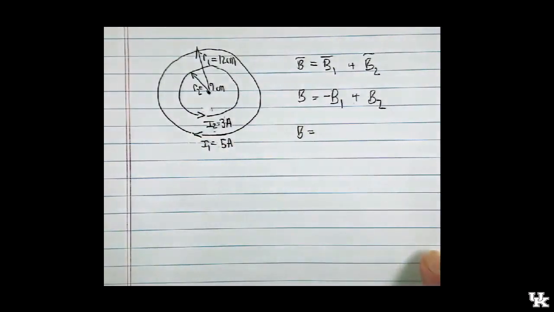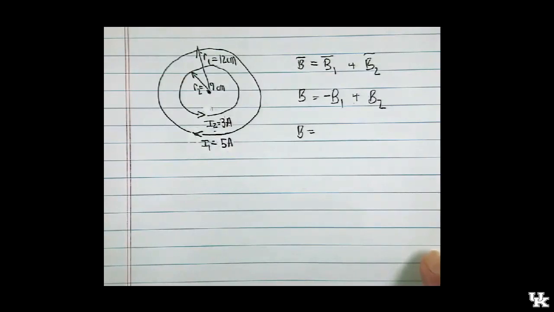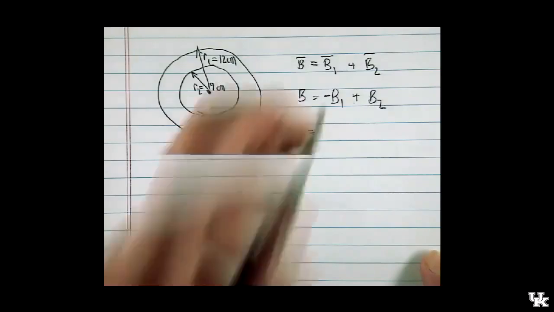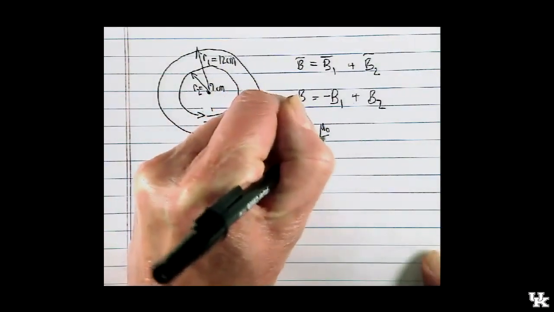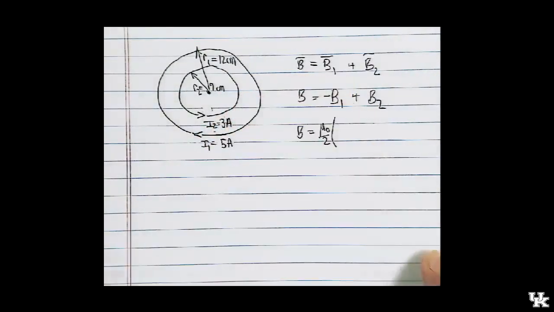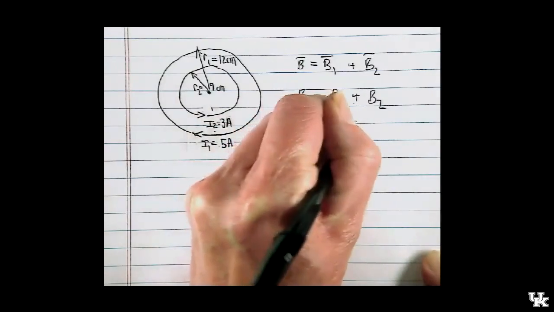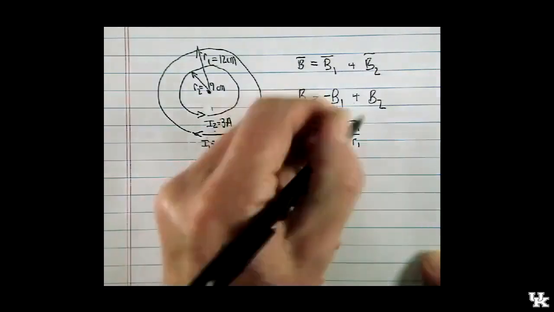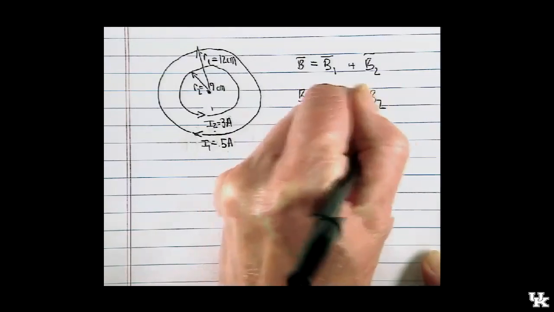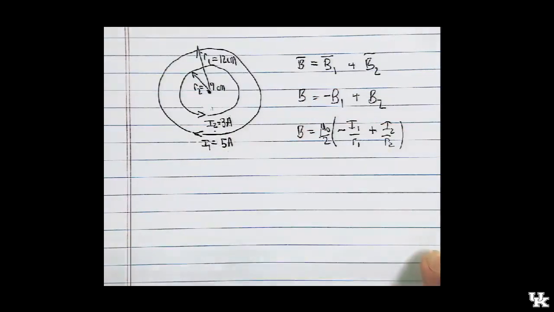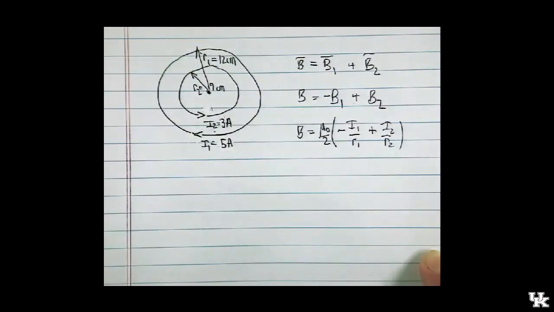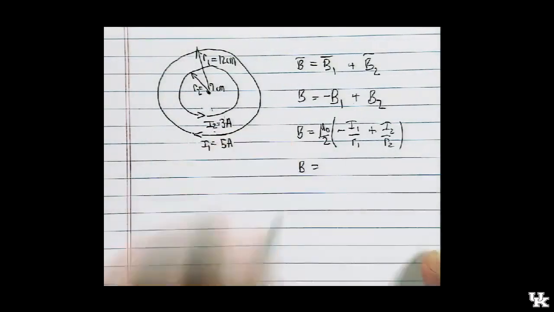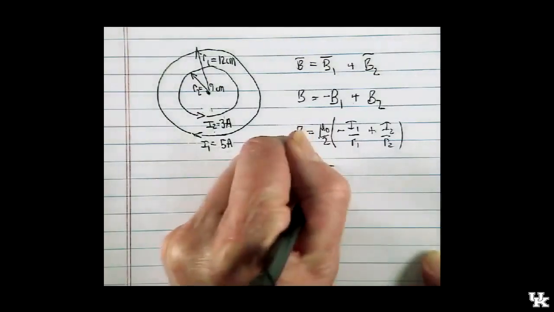Now we've just got to handle the sizes of these two fields. That's with that field equation, field law that we just met for the field at the center of the current loop. There's a common factor again. It was mu naught over 2. That's that constant that characterizes the strength of magnetic forces and magnetic fields. And then it's multiplied by the ratios of the current to the radius of the loop. So there's an I1 over R1, and then there's an I2 over R2. And so that's the equation. And if you look at that equation, all the numbers on the right-hand side, I know the two currents, I know the two radii. All I got to do is plug in the numbers and the constant mu naught, and I won't write all that out. But if you do plug in those numbers, I got minus 5.2